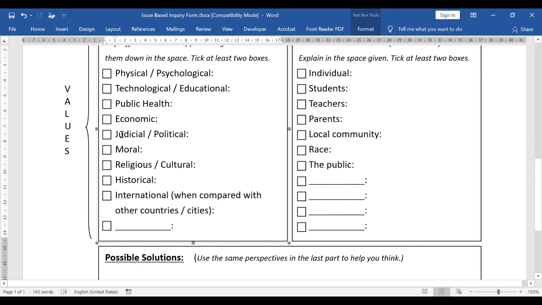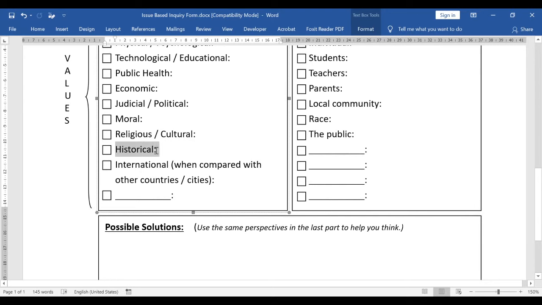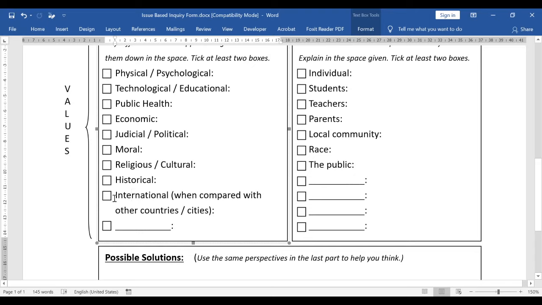Economic 經濟上嘅，judicial 法制上嘅，political 政治上嘅，moral 道德上嘅，religious 宗教，cultural 文化，historical 歷史，and the final one international 國際上嘅。